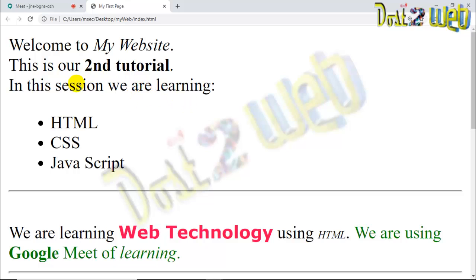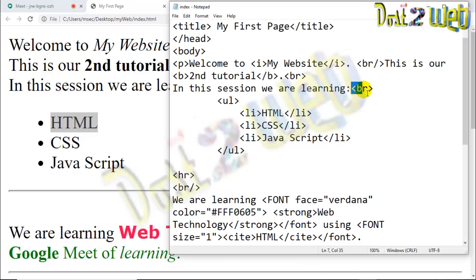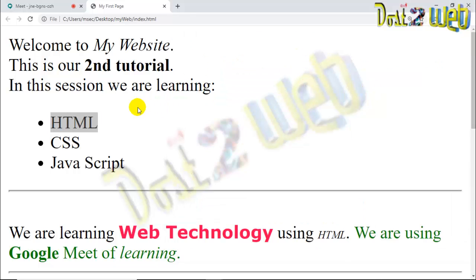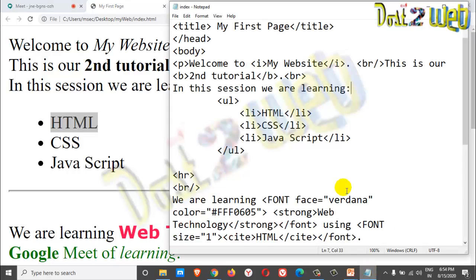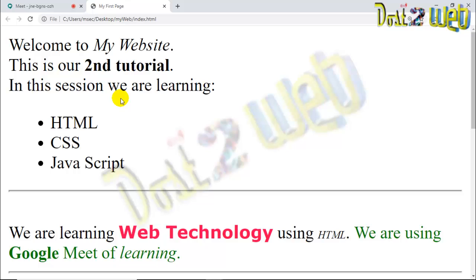You have to see the design part, how it should look, so that is totally up to you. See, I have given a BR here, so it is coming with one extra space. You can remove it, because whenever you add any unordered list or ordered list, the spacing automatically comes even if you do not add a BR tag. You can see I have removed the BR tag. Just reload the page, and your output is on the screen. So we have seen this about the unordered list.